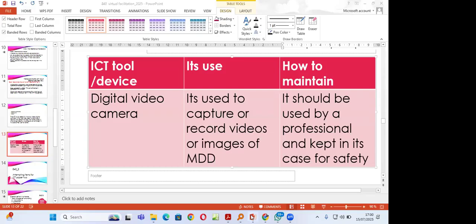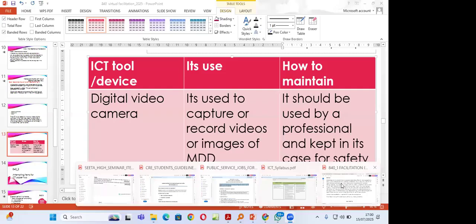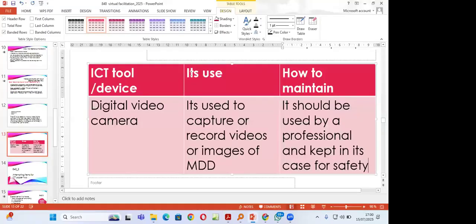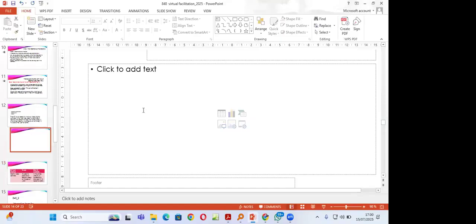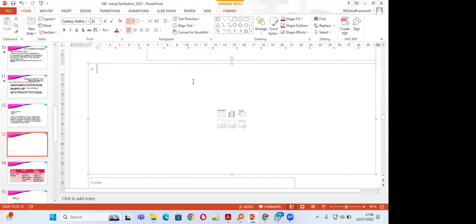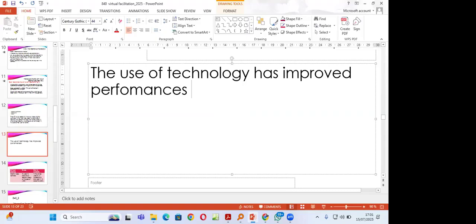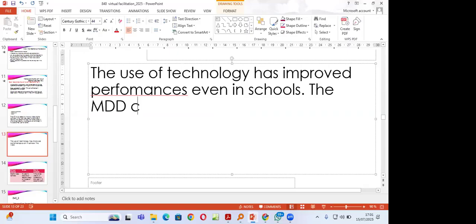Someone asked for the introduction. Based on the scenario, because of the problems that are there, for our introduction we create another slide here. You may write that the use of technology has improved performances even in schools. The MDD club of this school can use the following